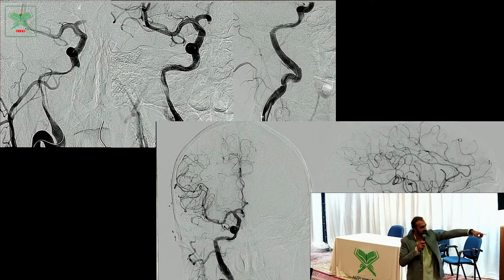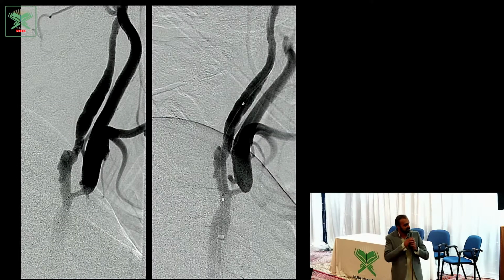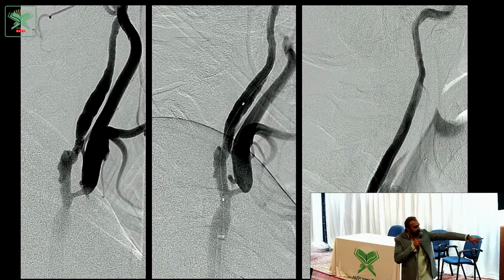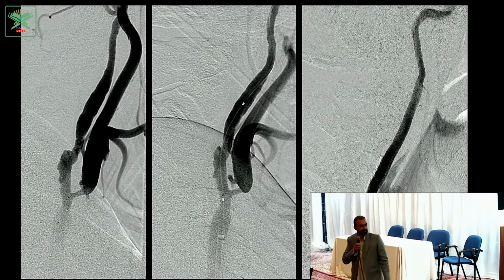So that's what these slides are showing. And this patient actually made a pretty good recovery. Next slide, I'll show another. This is another example of a narrowing down in the neck, which you can treat by putting wires and catheters past it and then stenting it, putting in these wire tunnels to normalize the blood flow. So this is an example of not enough blood flow causing a stroke.